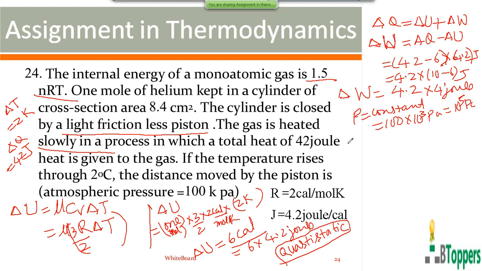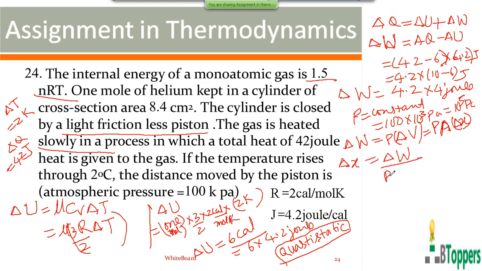So work done by the gas during the expansion at constant pressure is given by P into delta V. Delta V is the change in the volume of the gas. You can write the change in volume as the product of the area of cross section of the piston into the distance moved by the piston. Delta X denotes the distance moved by the piston. So delta V can be written as A into delta X, where A is the area of cross section of the piston and delta X is the distance moved by the piston. So delta X you can write